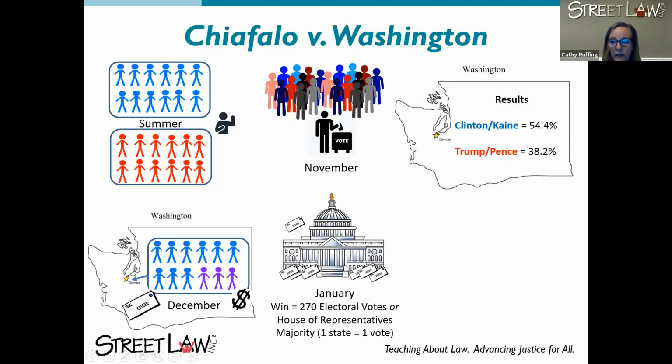So in January, the President of the Senate, also known as the Vice President of the United States, gets to count the electoral votes. Their votes were among those and were counted. And of course, if a candidate receives 270 electoral votes, that person becomes president. If they don't, the election is thrown into the House of Representatives, where each state gets 1 vote. That is precisely what our petitioners wanted to do.